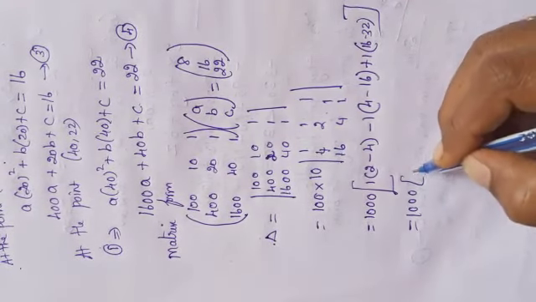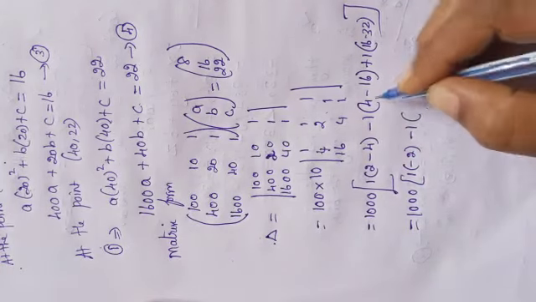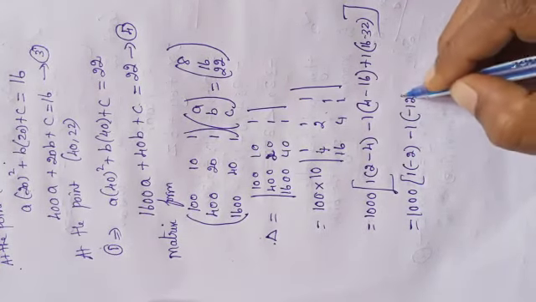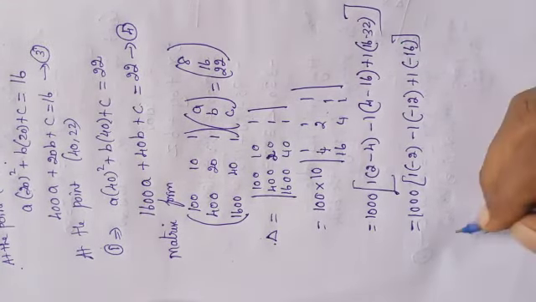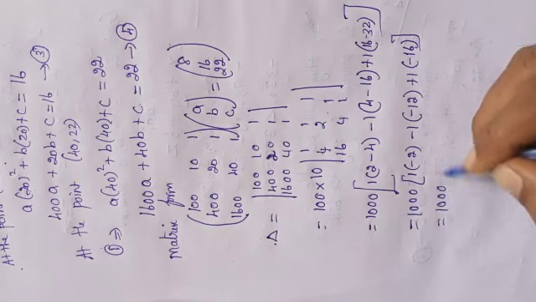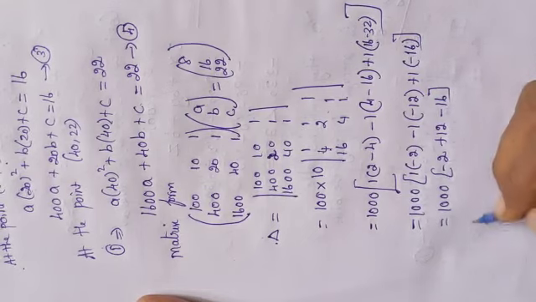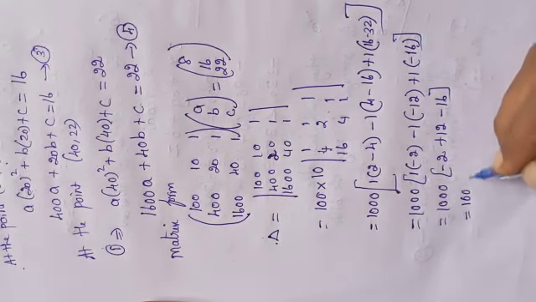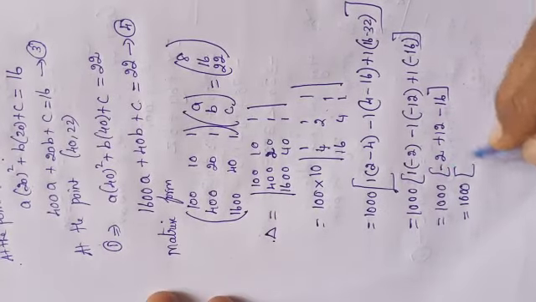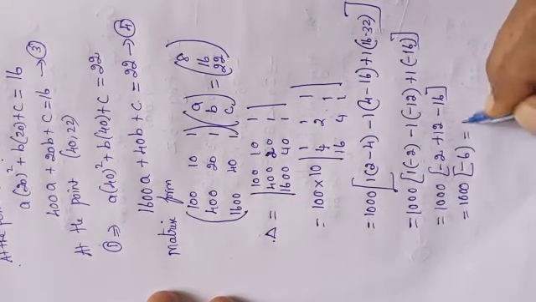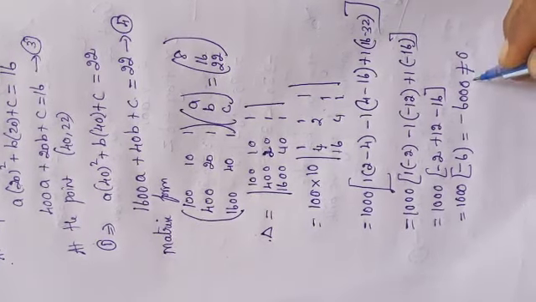So 1000 into, this is 2 into minus 4, minus 2, minus 1 into 4 minus 16, minus 12, plus 1 into 16 minus 32 is minus 16. So 1000 into minus 2 plus 12 minus 16. So we may get 1000 into, see, 16 minus 2, minus 18 plus 12, minus 6. So we may get minus 6000. This is not equal to 0.